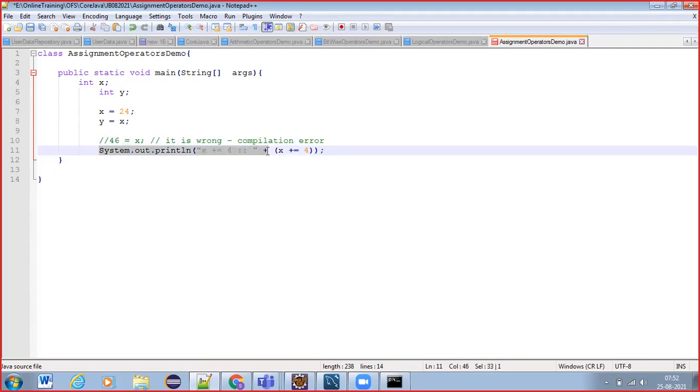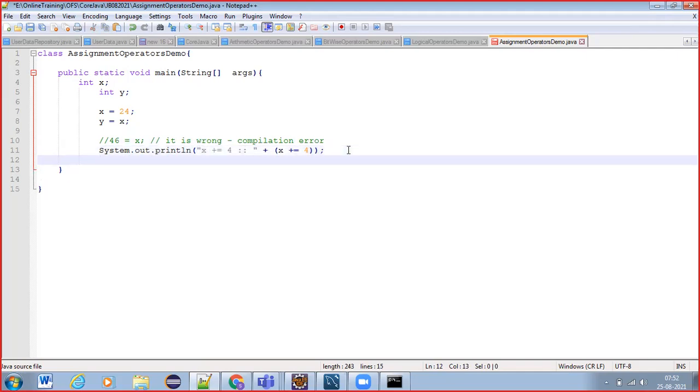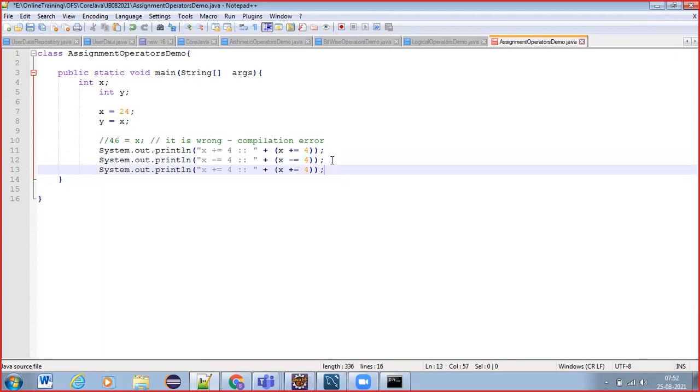In the similar way, we can go x minus equal to 4 and x into equals to 4, multiplication assignment.